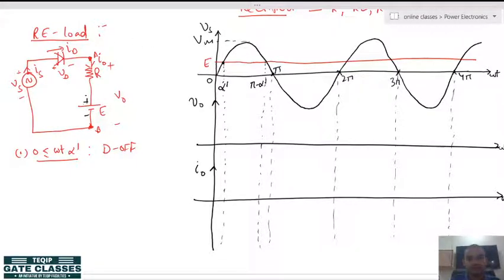So, output voltage for this point is 0, not 0, because now if we draw the circuit, this is our E load. So, it is better to draw the modified circuit. We can see when the circuit is like this, if the current is not flowing through the load, then the effect of E, means the battery voltage, will be measured at the output, means the output voltage will be equal to E, all right, from 0 to alpha dash.